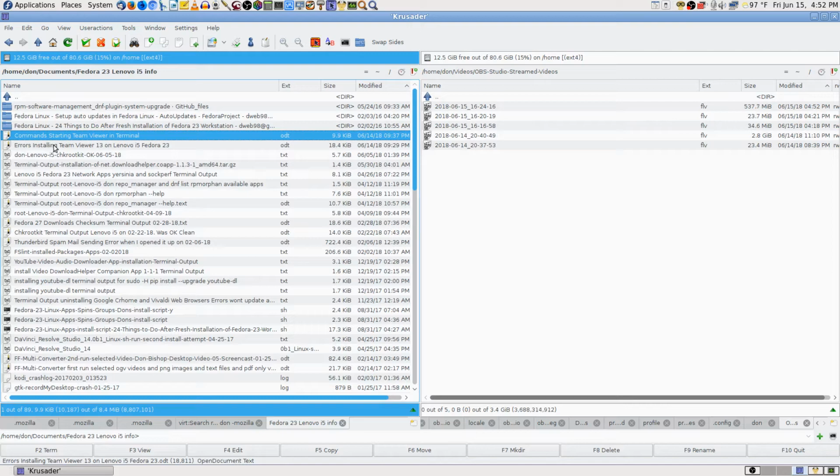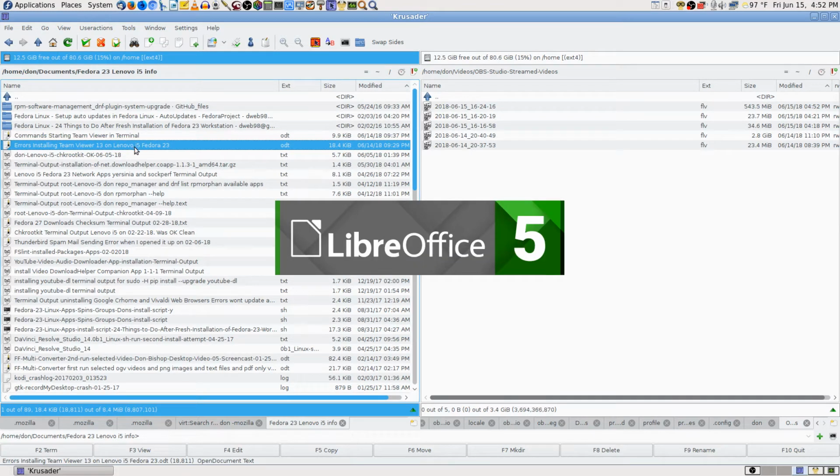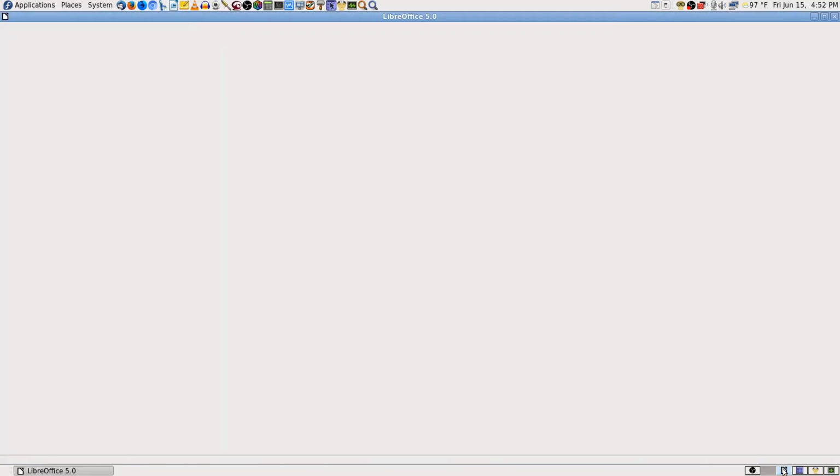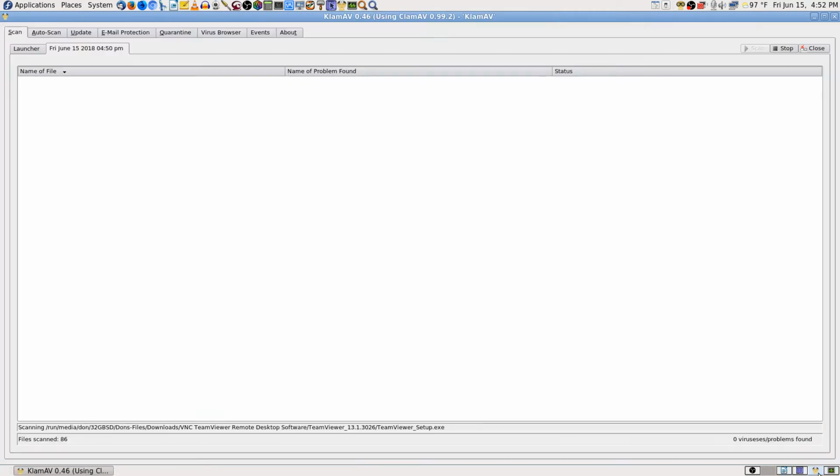That says commands starting TeamViewer in terminal. Okay. Starting? I think that's the one where you can. Oh, yeah. Killing and starting it. That's what it is. Okay. Errors installing TeamViewer 13. This is what I'm looking for. I think that'll open up in the other one. Yeah, I got over there in time for it to open it up over there. Okay, so